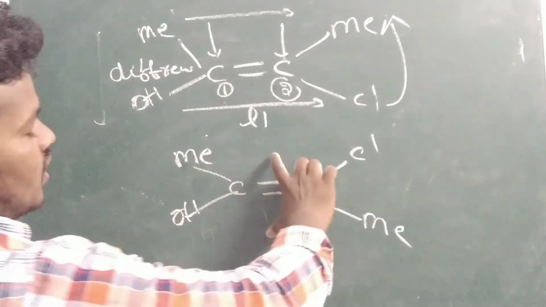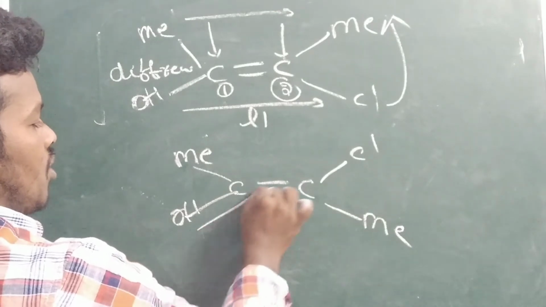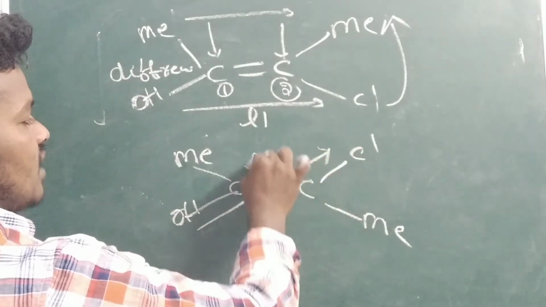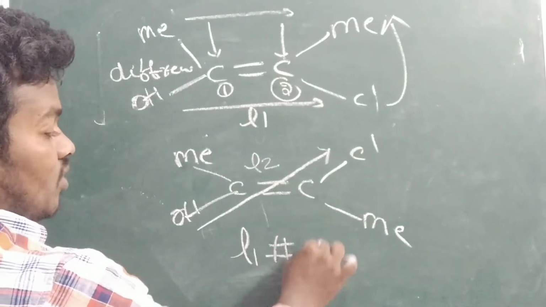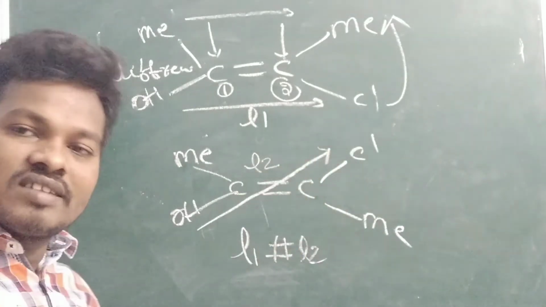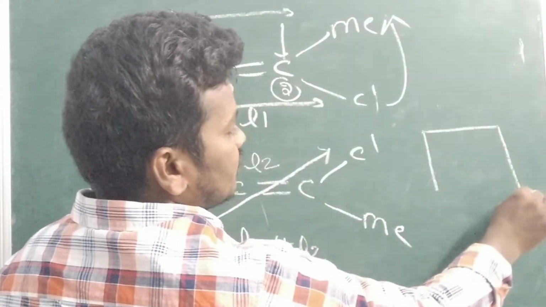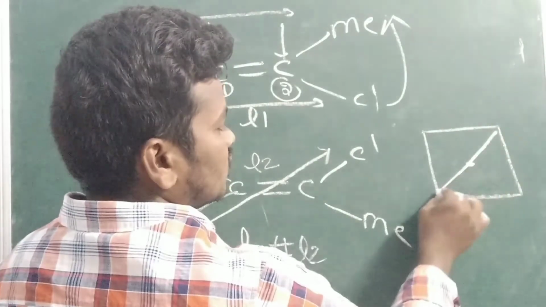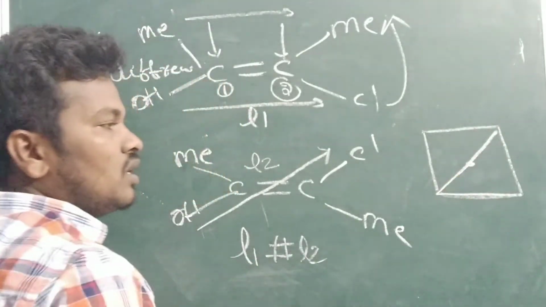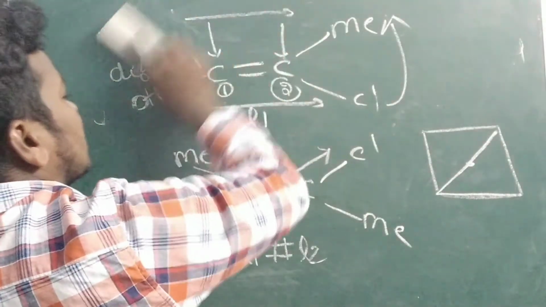So after this is one isomer; after rotating, we found another isomer. Here the distance is called L2. So we know that L1 is not equal to L2. See for example here, if you go like this, the distance is not the same, no? The distance is not the same. That's why the aerial distance should also be present.